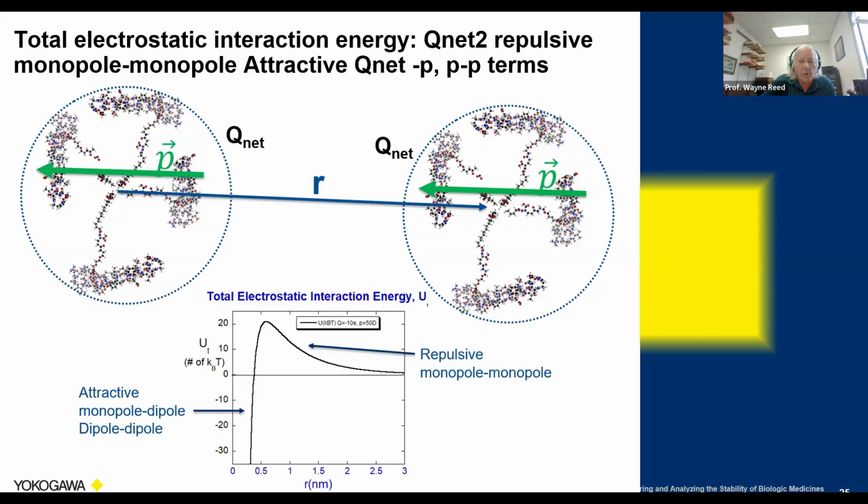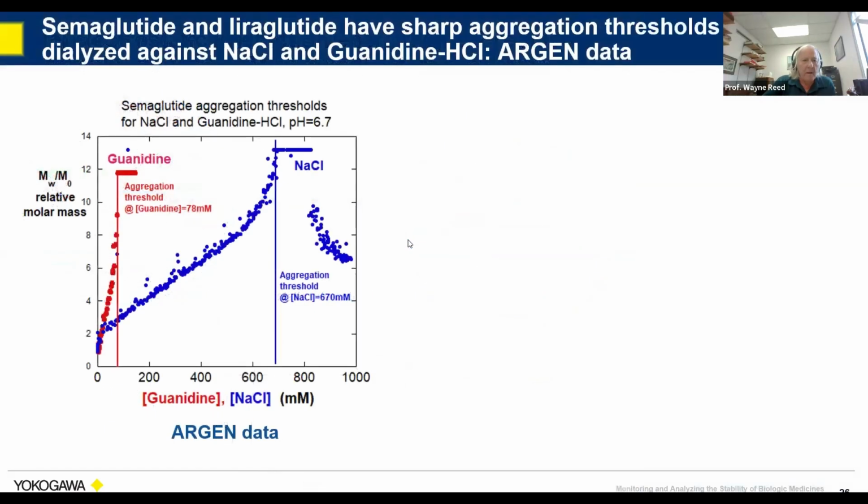But when they get close enough, this is the whole thing going on. You have that net charge that will attract the dipole, a monopole-dipole attractive interaction. And of course, van der Waals forces are attractive. That's dipole-dipole. So those create negative energy. This is the well here. And if you can get close enough, within a few kT, you can fall into that well and aggregate. So that's the model for the action.